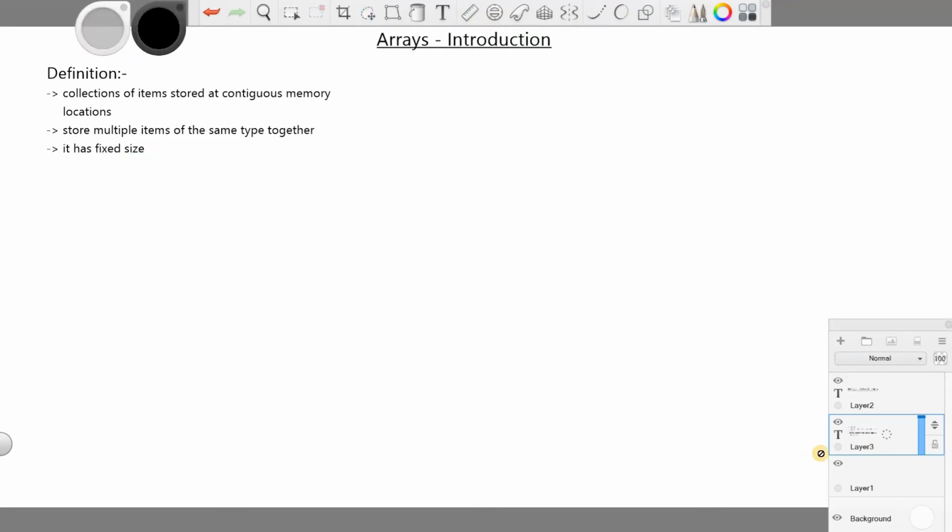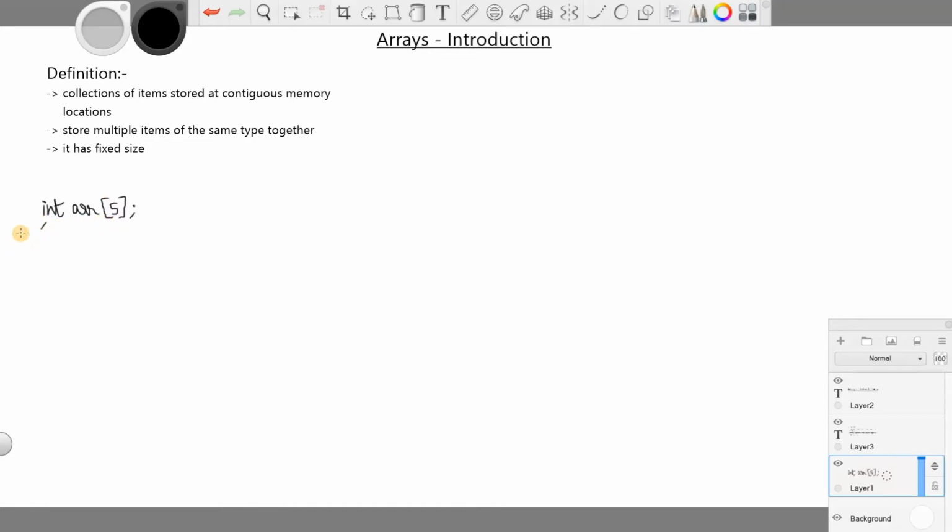Now we will see the array structure. First I will show how the array can be initialized. We will say int array of 5. I'm just going with C++ or Java initialization. So this is how the array is going to be initialized.